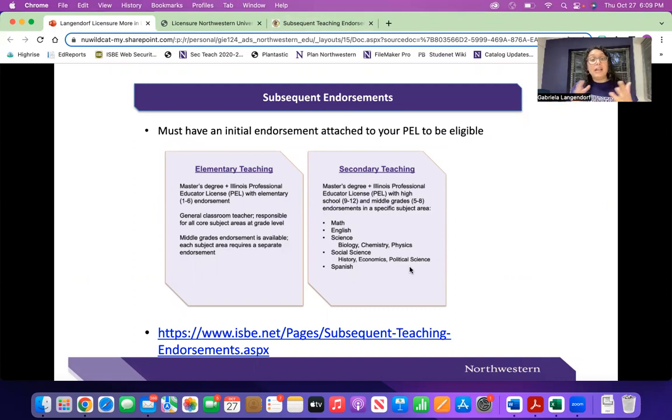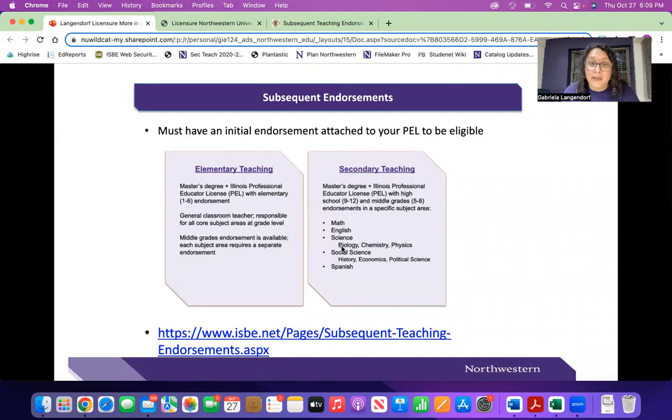Then now, because you already have an endorsement in a social science, in order to be able to pick up that political science endorsement, what is required is either 12 semester hours in political science or pass the content area test in political science.